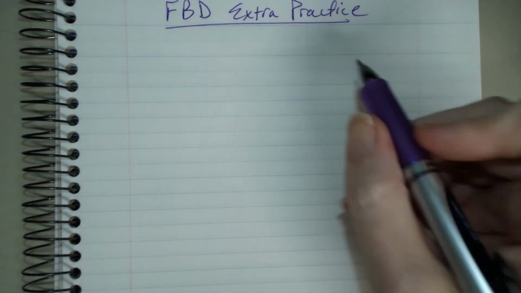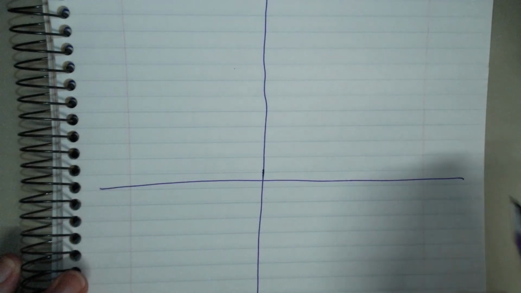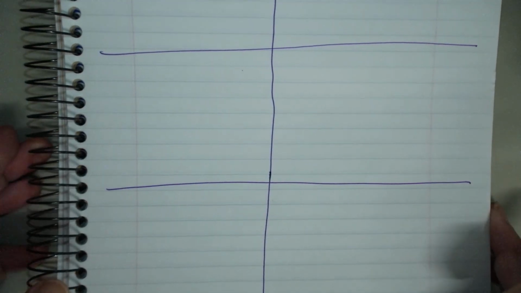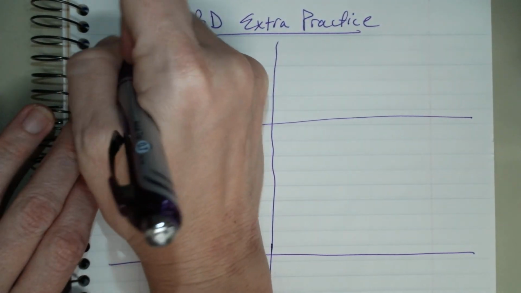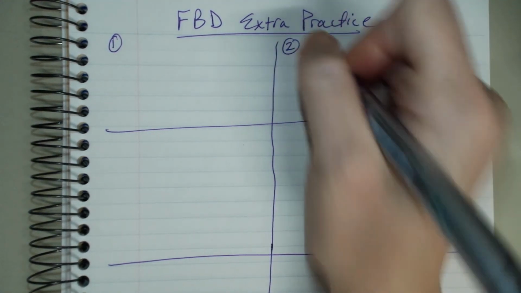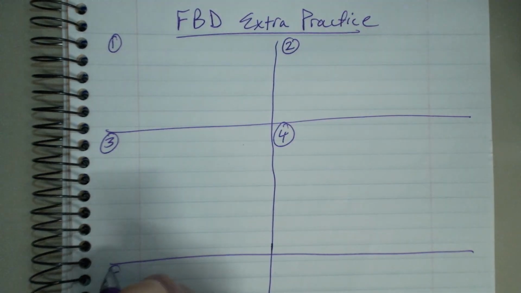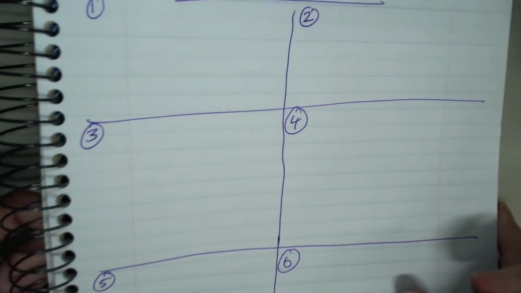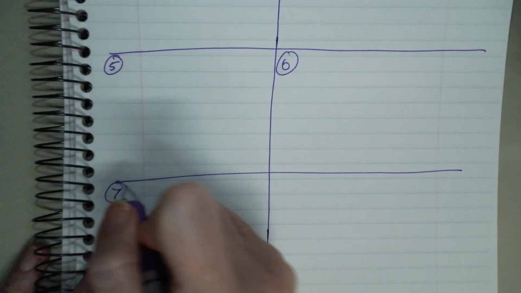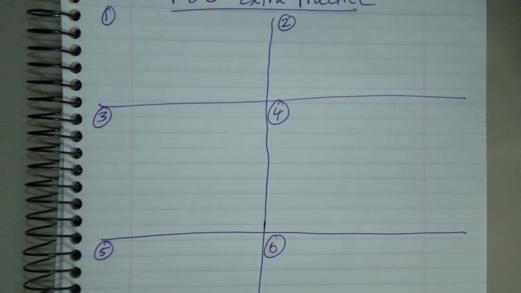And so I want you to divide your paper in half, and then, it's going to be hard to see, and then divide that in half, and then divide each of those sections in half again. So you should have 1, 2, 3, 4, 5, 6, and 7, 8. Okay? And then you're going to go to the lab stations, and there's a little activity sitting out